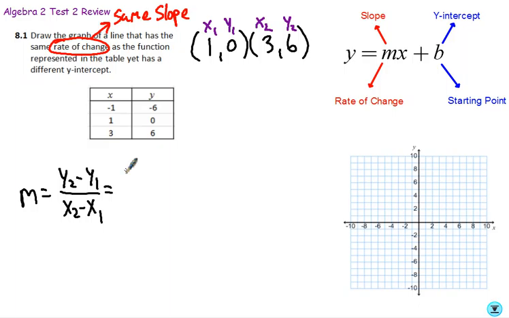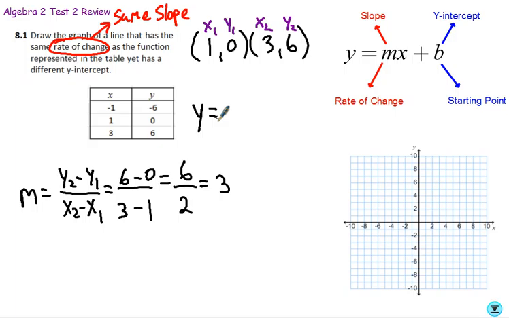So y2, which is 6, minus y1, which is 0, over x2, which is 3, minus x1, which is 1. So 6 over 3. Oh, no, that's not true. I was already thinking of the answer. 3 minus 1 is 2. 6 divided by 2 would give you 3. So what it's saying is that for this line, the slope is 3, so y equals 3x